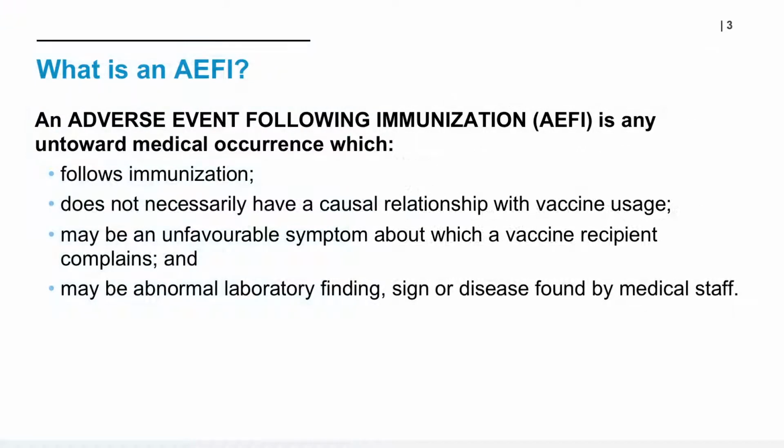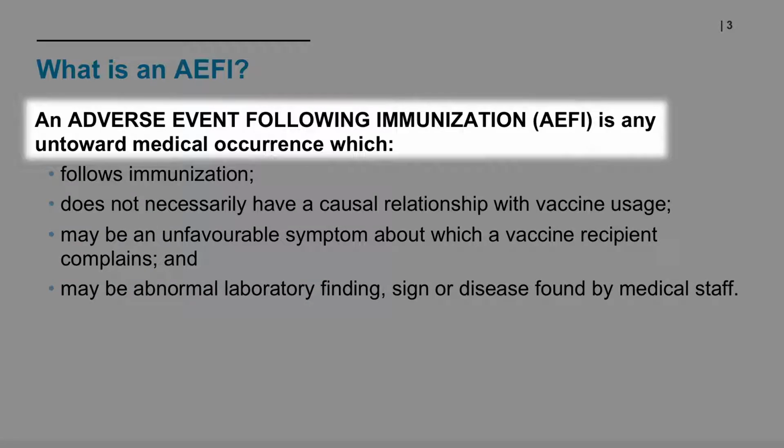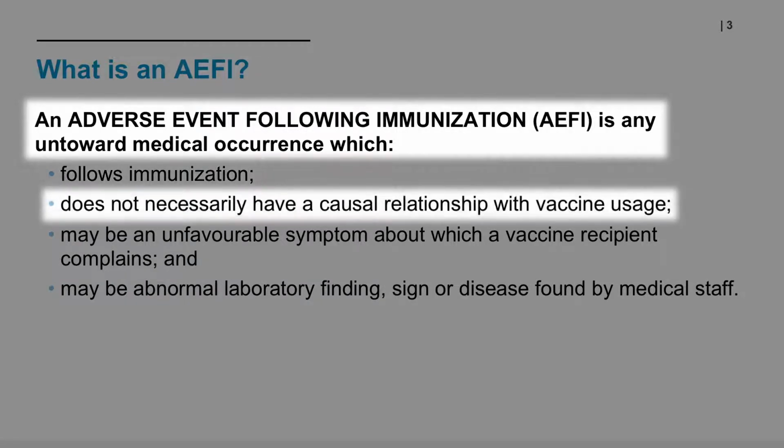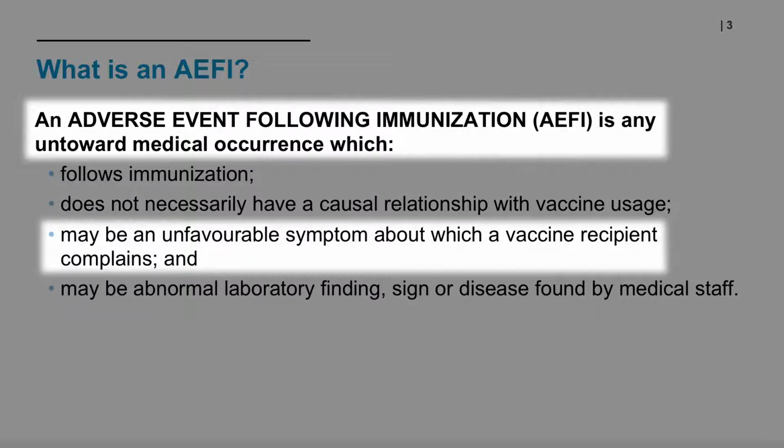So let us first understand what is an adverse event following immunization. It is actually an untoward medical occurrence which follows immunization and does not necessarily have a causal relationship with the vaccine usage. The adverse event can manifest as an unfavorable symptom, for example, itching or occurrence of a rash, which